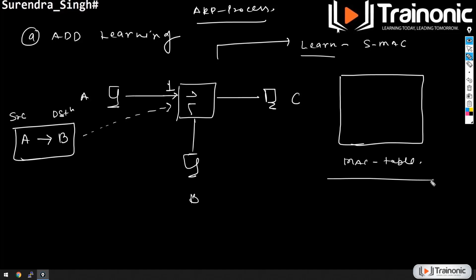As soon as the frame is received on any port, the switch will immediately learn the source MAC address and maintain the information in that table. So it will learn that it received a frame on port number 1 from the source MAC address A. This is what we call the address learning function of the switch.